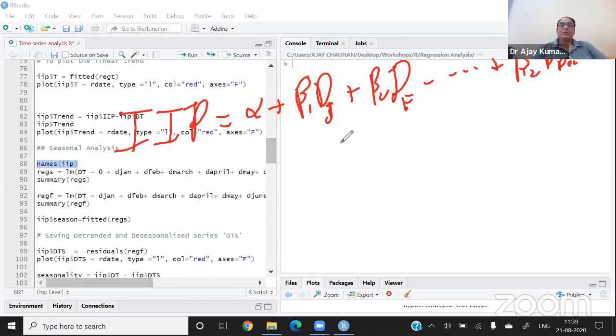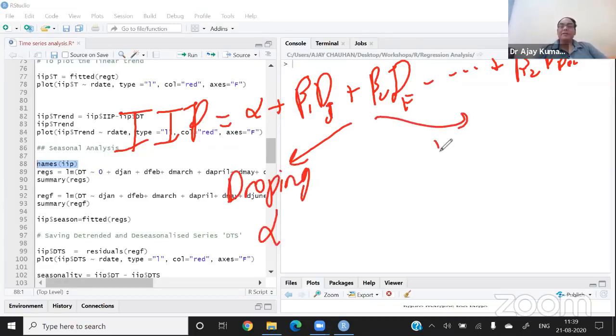So there are two ways of running this model. One is dropping the alpha, and the second is dropping one dummy.